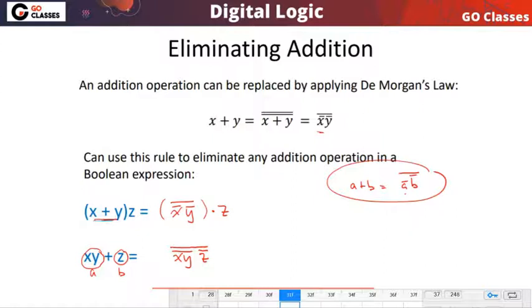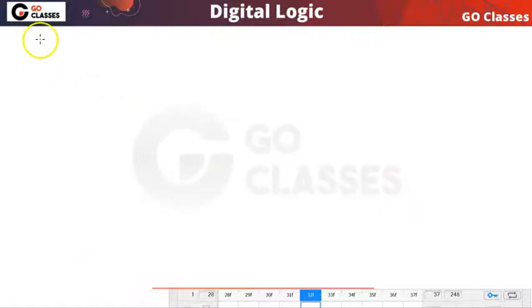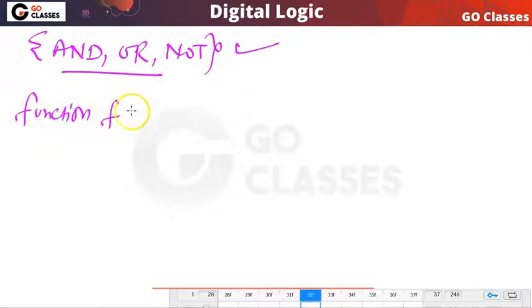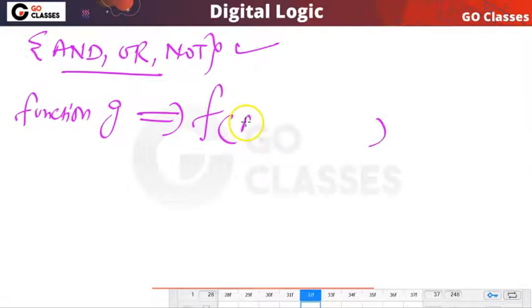So what have we proven? We already know that for AND comma OR comma NOT, whatever function you have, it is functionally complete. If you have a Boolean function, call it g, then I can represent g as a function of AND comma OR comma NOT.